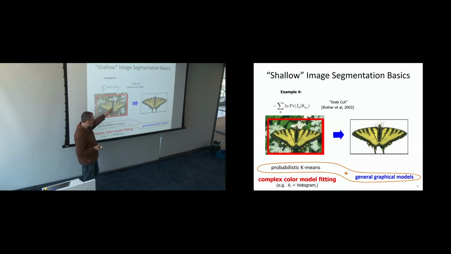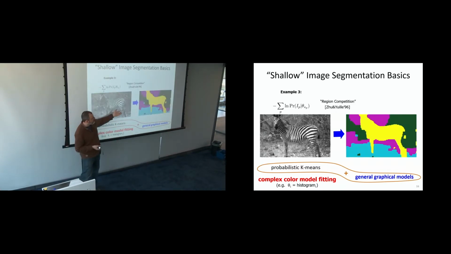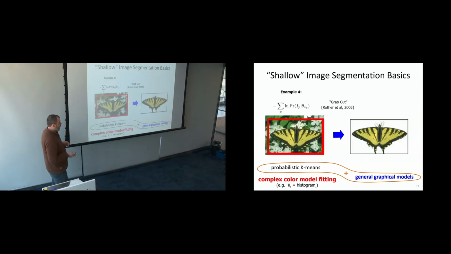The regularizer here is graph cuts, while like Yuri, I think they used level sets at the time or something like this, but the model itself is the same. So basically, the advantage here is you can now fit arbitrarily complex histograms. You may wonder though, what does fitting histograms mean from any kind of intuitive point of view? Because when you fit Gaussians, you see what's going on, but histograms can fit anything.